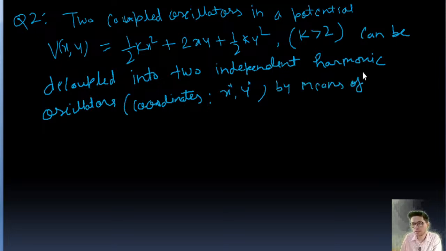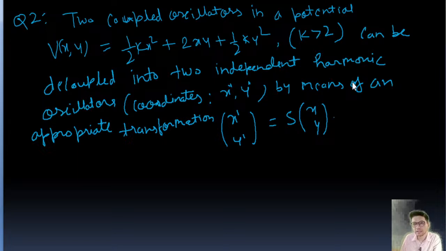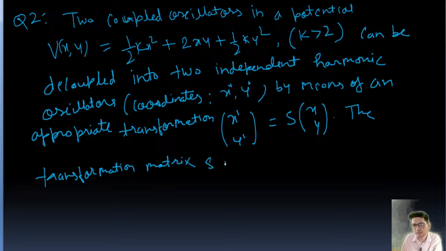That is, x dash, y dash equals S times x, y. The transformation matrix S is